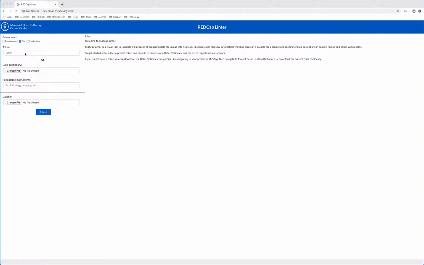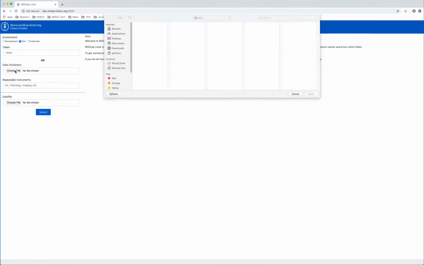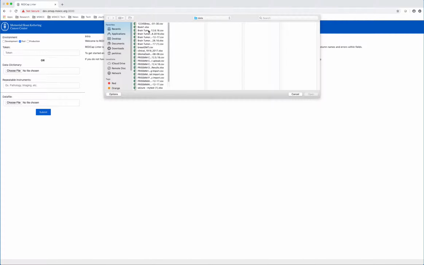The other form of entry is you can give a data dictionary, which you can also get by going to REDCap, going to Project Setup, and clicking on Download Data Dictionary. For this demo, I'm going to show you a project for a glioma study, which gives a questionnaire on various intensity of headaches, and we'll see how you can use REDCap Linter to transform a data file for upload into REDCap. So just choose a file,